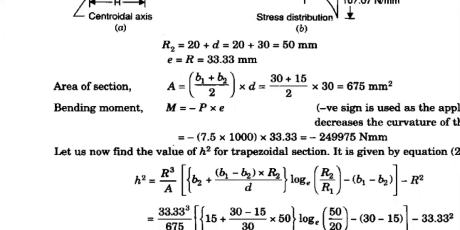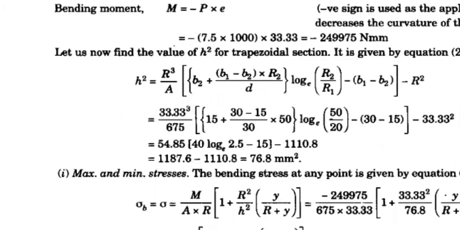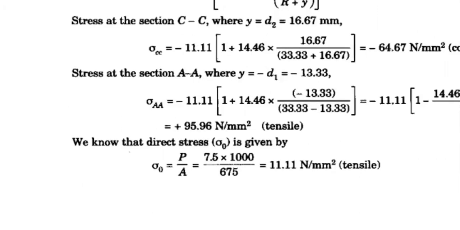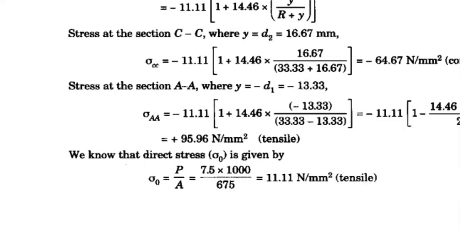Once you know the direct formula, you can directly calculate the remaining things. Apply the formula of load by area and you will get the exact answer. So here load by area is 11.11 Newton per mm square. As I told you, the value depends upon P by A, depending upon your tensile or compressive loading condition. If P by A is positive, you will get tensile, and if P by A is negative, it is compressive. Right? Up to this, most of the problem is over.